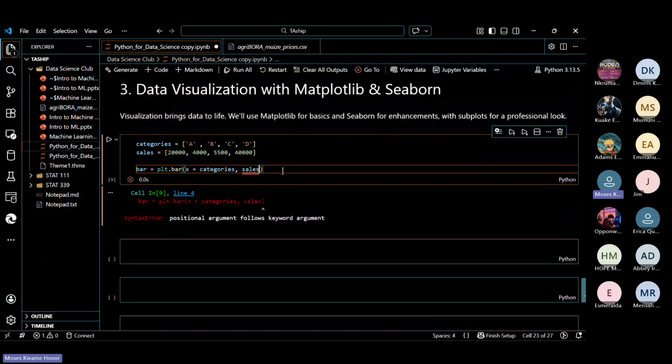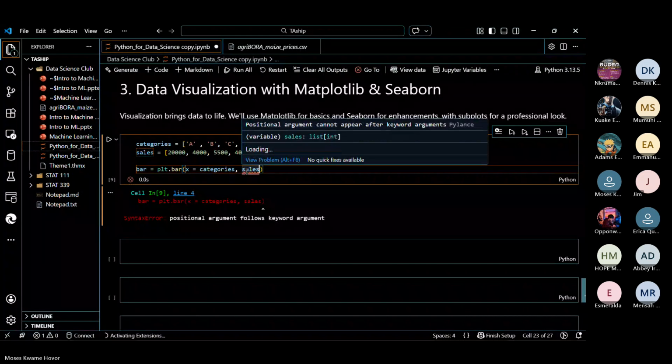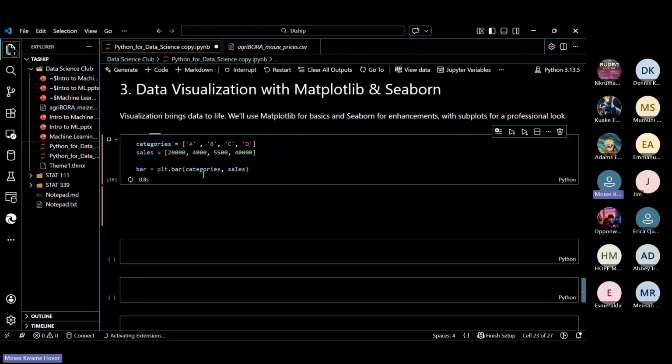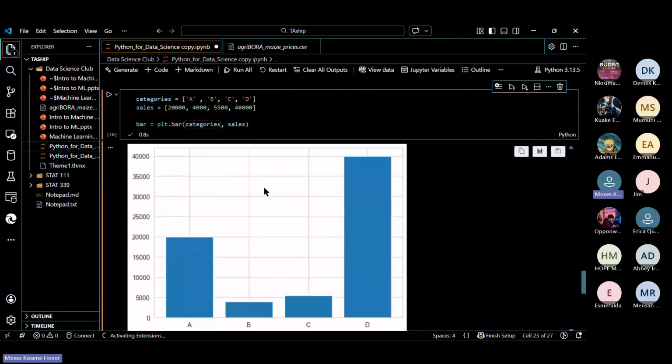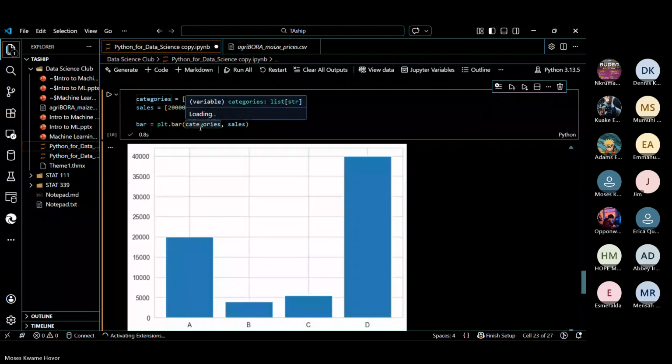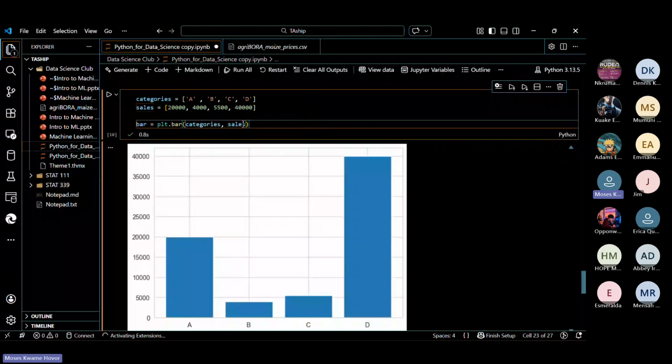I don't know if there's a mistake with my sales. Let me check. All right. So the first place is supposed to be our X axis, which is the categories, and then the Y is supposed to be the sales. So just this simple thing here can give you a bar chart.